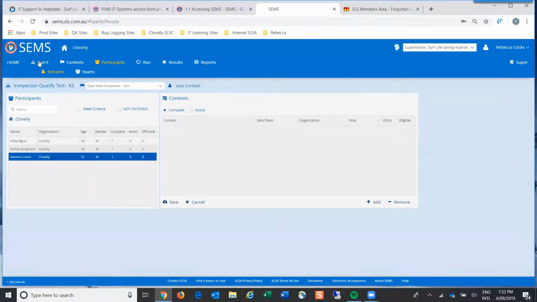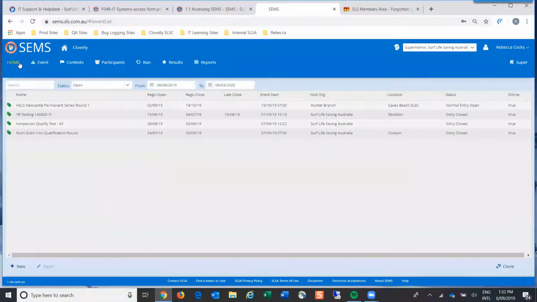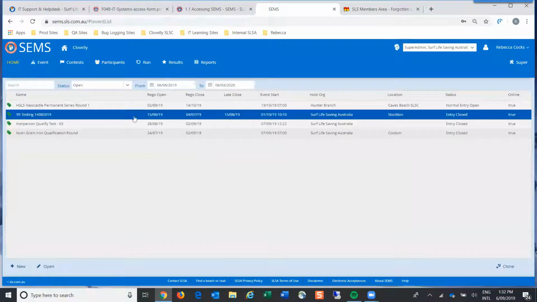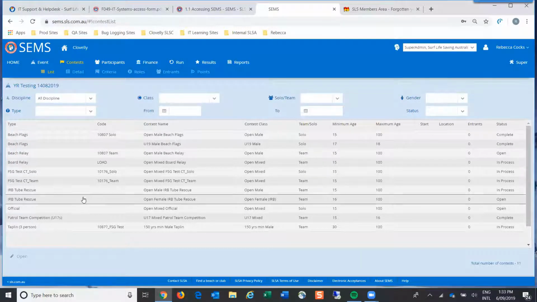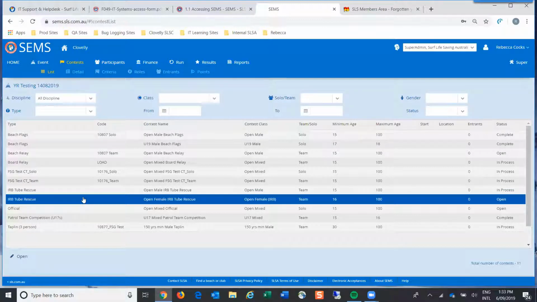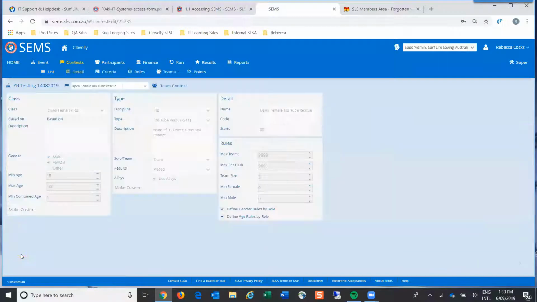I'm just going to go back to that other event that we were looking at earlier, and in this one we'll discuss the teams. If we open this one up, I'm wanting to add some teams to a specific contest in this event. Once again, if I wanted to add a team to the Open Female IRB Tube Rescue, I would click open.